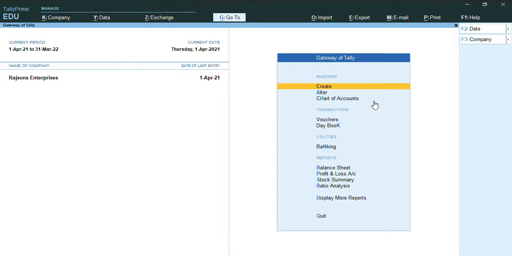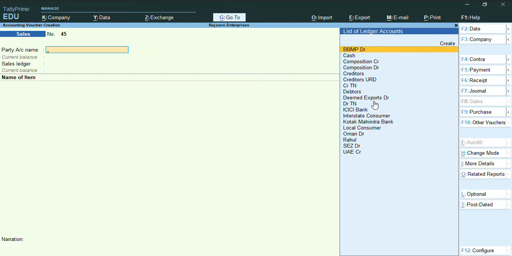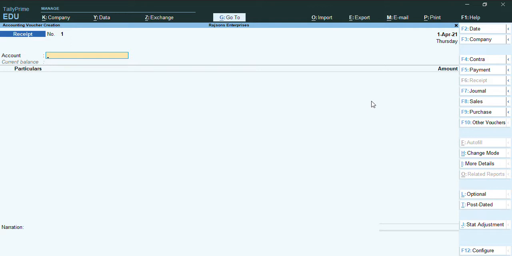To record this voucher, we'll go to Gateway of Tally, Voucher. We'll just press F6 to record a receipt voucher. To record advance receipt by using the statutory adjustment, we will record the receipt voucher.